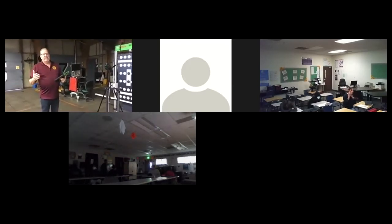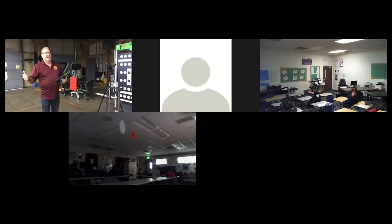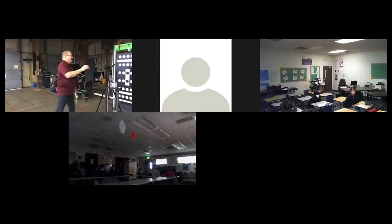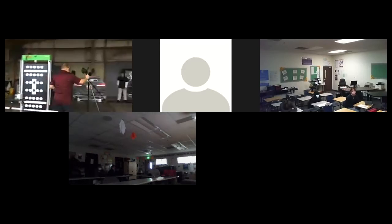And if it's out of specs, we have to make a correction either with the position of the laser or maybe a failed unit if it was impacted or something like that. So that's what we use to do the radar calibration on the vehicle. In addition to that, we also have to do the cameras. So for the camera system,